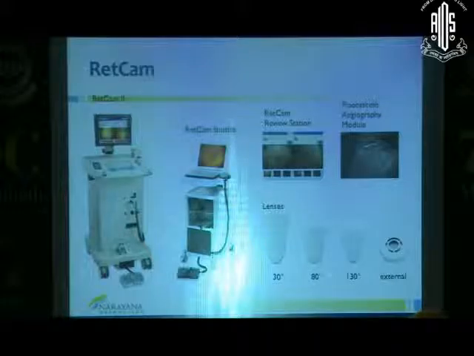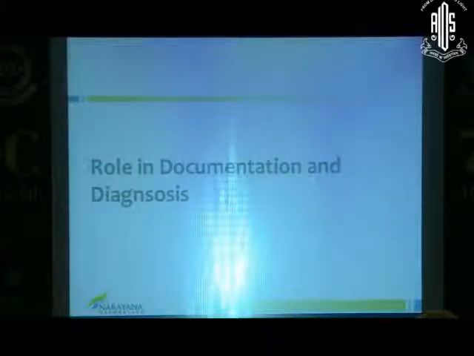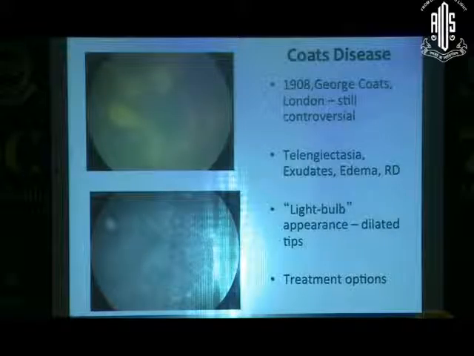So the wide field digital imaging system we use for infants is the RetCam. All of you are aware it comes with different lenses. The majority of the work is done on the 130 lens or the 120 lens, and that's given the name of the ROP lens. I have no financial disclosures to make in any of the product, software, or the analysis tools that we've been using. So in terms of documentation and diagnosis, the best way to do it is to